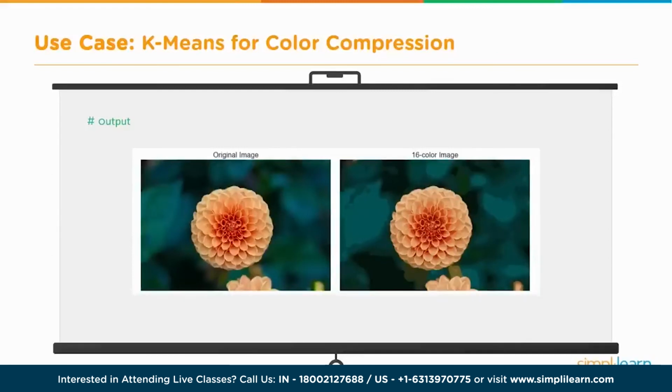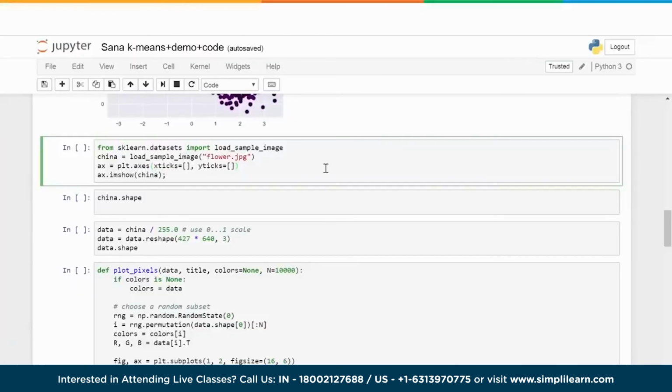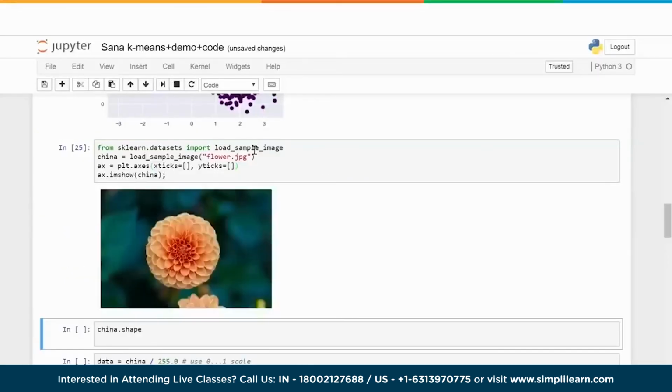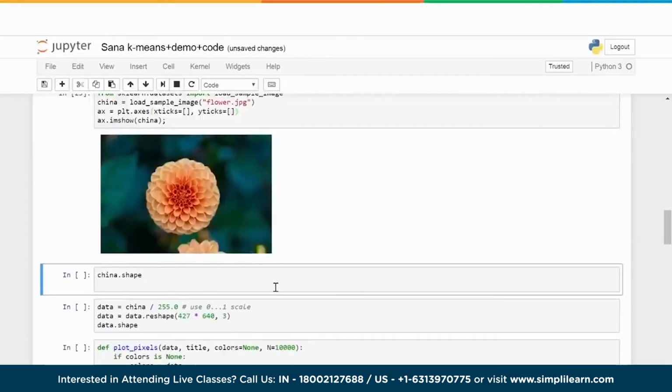So this is an example which we are going to now see in Python notebook. Let's go into the Python notebook. And once again, as always, we will import some libraries and load this image called flower.jpg. Okay, so we'll load that, and this is how it looks. This is the original image, which has, I think, 16 million colors,